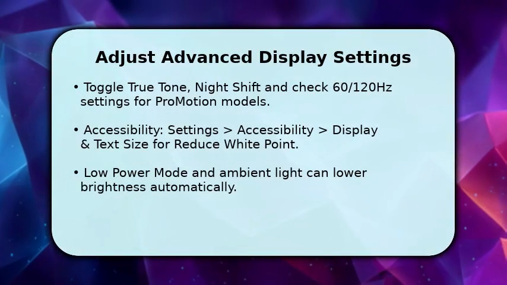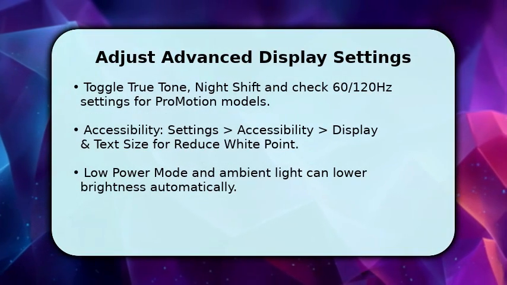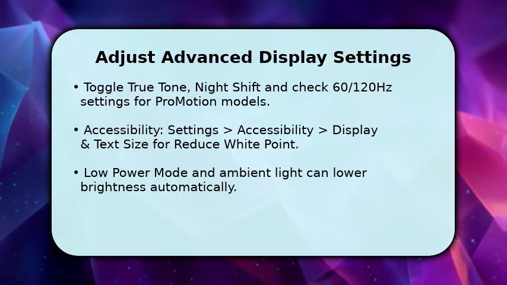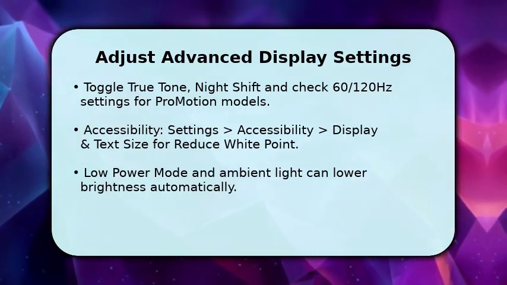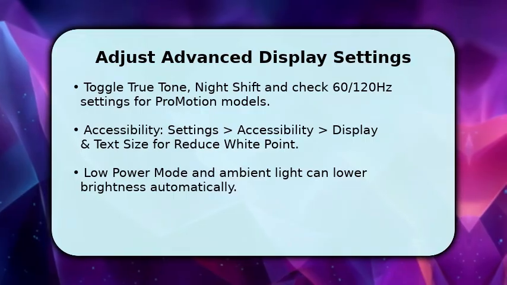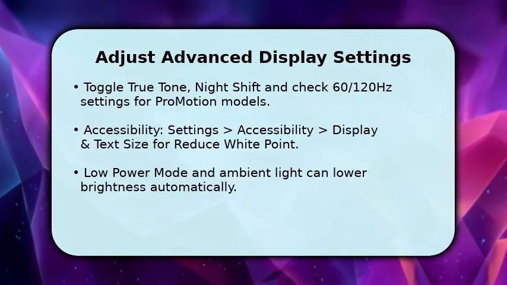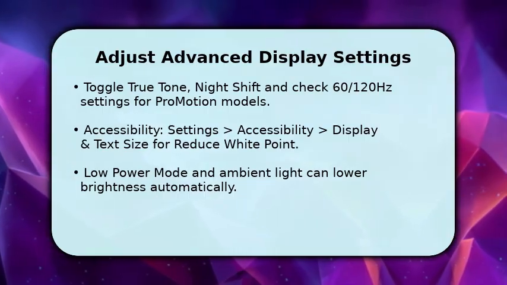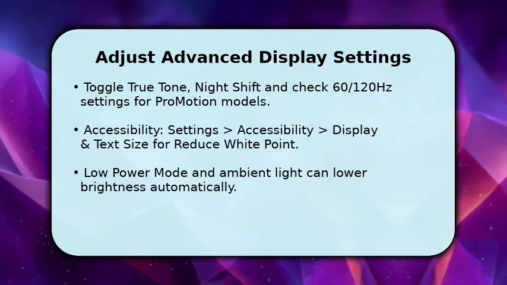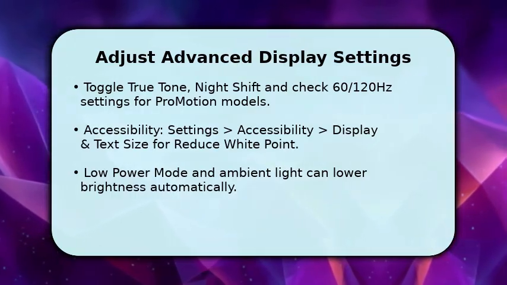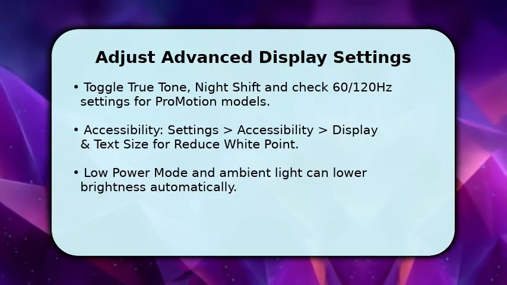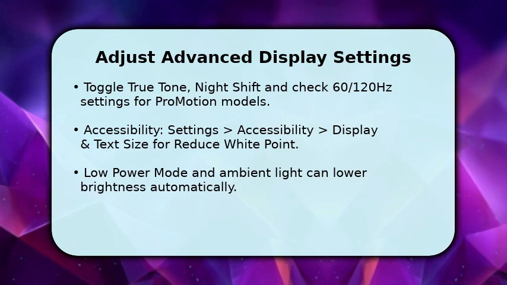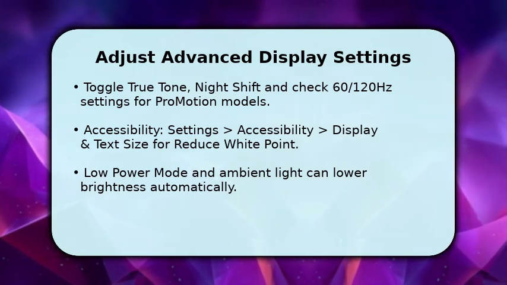Now refine quality and behavior. Toggle True Tone to match ambient color temperature and disable it if colors look washed out. Night Shift shifts blues and can feel dimmer. On Pro Motion models, check Display Refresh settings because variable refresh can influence perceived brightness. Under Accessibility, Display and Text Size, use Reduce White Point to soften harsh whites or turn it off to restore full luminance. Remember, low power mode and heavy background processes can lower peak brightness, so make sure they are off